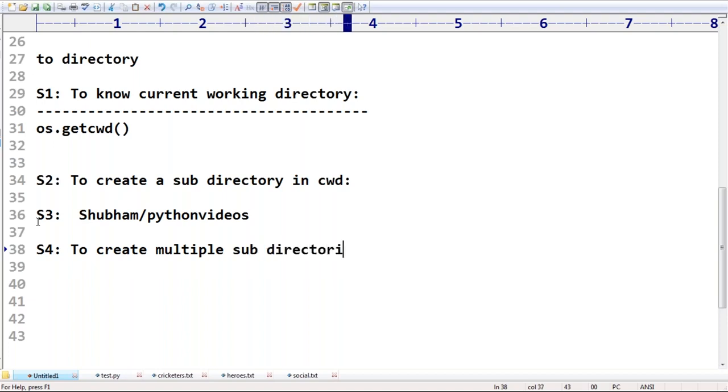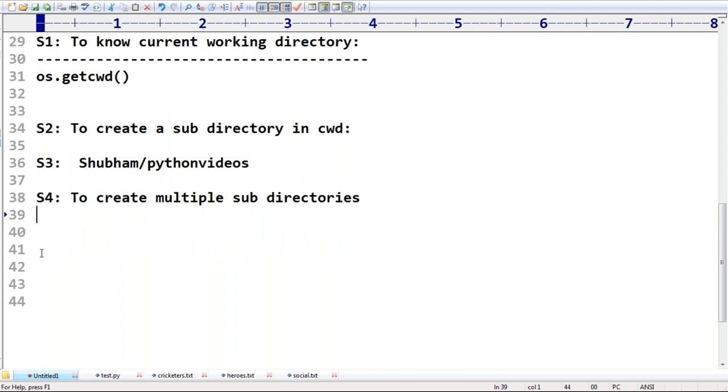Okay, how can you do it? My requirement is clear: first create sub1, in that sub2, in that sub3, in that sub4. Then what method do we require to use, sir? Very simple: os dot, can you spell it out? Make. Earlier which method did we use? MKDIR. Regarding mkdir we used earlier, but now it is os dot